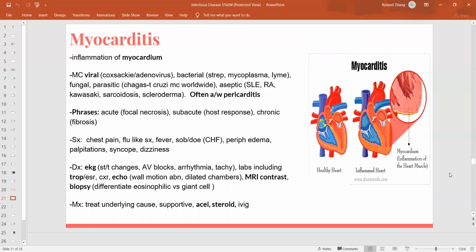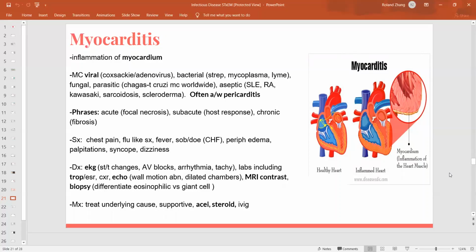Usually, myocarditis can be acute, subacute, or chronic, secondary to chronic fibrosis or chronic inflammation. These patients will develop shortness of breath, intermittent chest pain, palpitation, and signs of arrhythmia in terms of syncope,